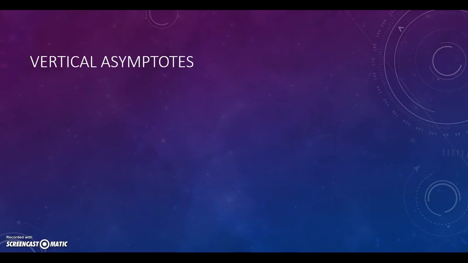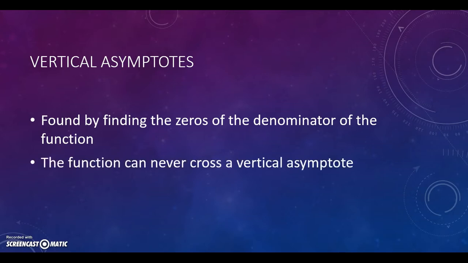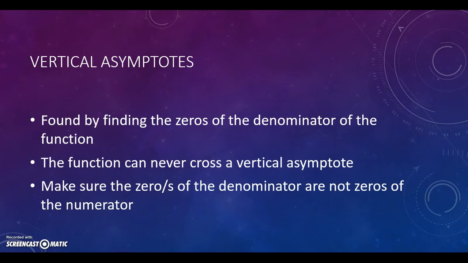Vertical asymptotes. To find the vertical asymptotes, find the zeros of the denominator of the function and set them equal to x. The function can never cross a vertical asymptote. This is because at a vertical asymptote, you are dividing by 0, so the function can never be defined at this asymptote. Make sure the zeros of the denominator are not the zeros of the numerator when you're finding this asymptote. If this is the case, the two factors will cancel out,